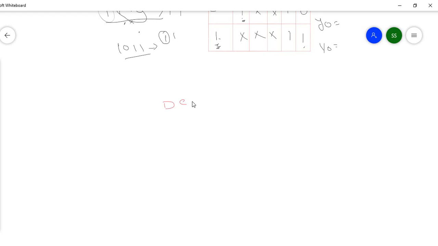What is a decimal to BCD encoder? What is the meaning? The meaning is the input is decimal, the output is BCD. So what does decimal mean? Decimal digits we know we can give 0 to 9, yes or no? And what is the output actually? BCD. BCD means it is a weighted form, A, B, C, D, yes or no? And it has 2 to the power of 0, 2 to the power of 1, 2 to the power of 2, 2 to the power of 3 weightages, yes or no? So from that we can make a decimal to BCD encoder.